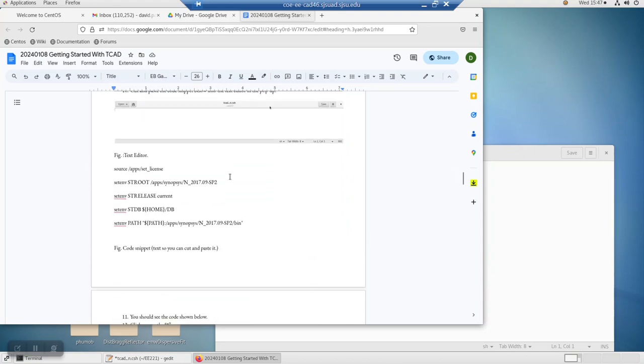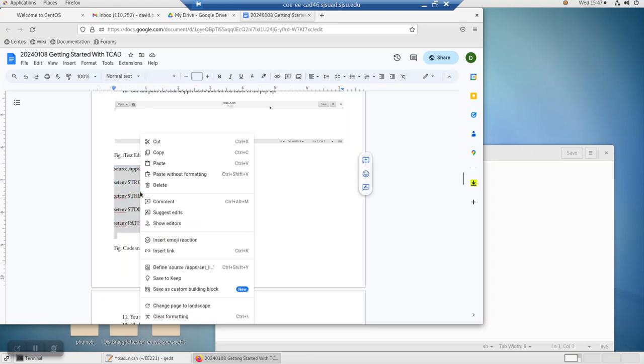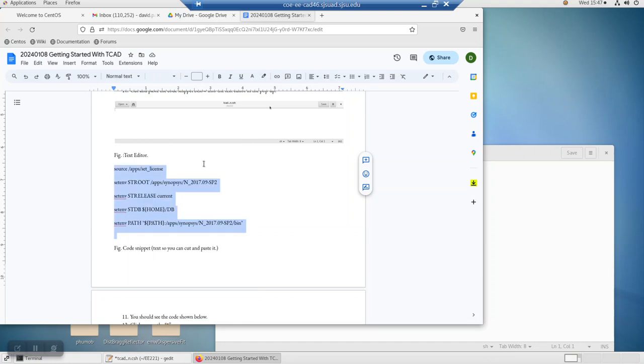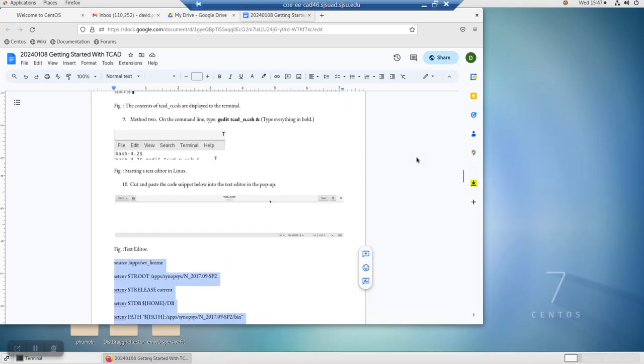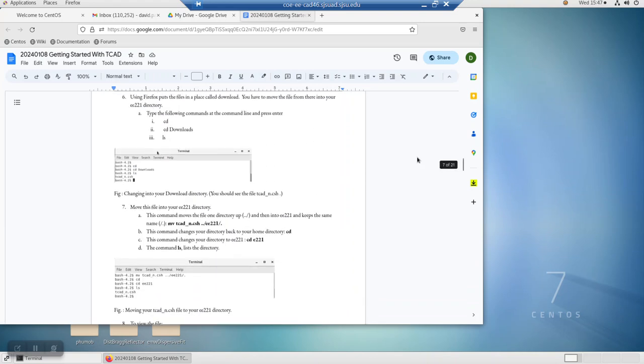Okay, so you can just grab it, copy it, and paste it, and then save it, and then exit out. Now the other way I think is a little more complicated, but you probably learn a little more Unix,